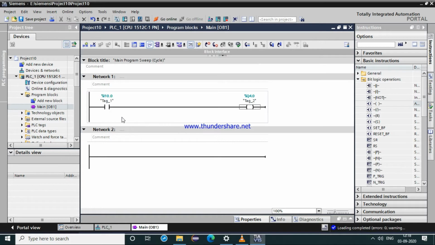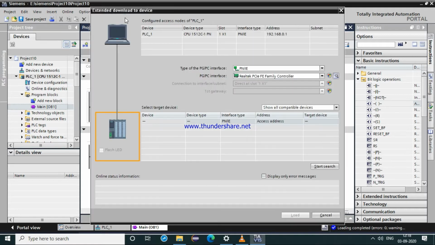Now we can just download this to our PLC. After clicking the download to device option, we need to select show devices with the same address. That is, your PC and your hardware should interface, so your address must be the same.